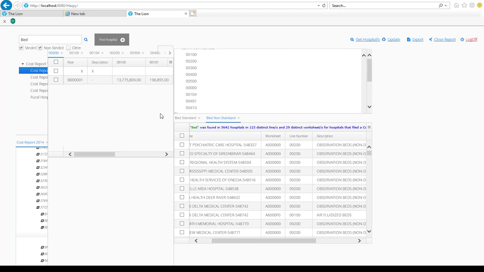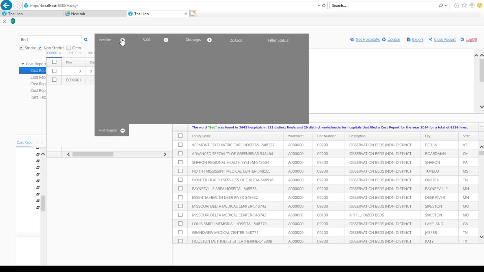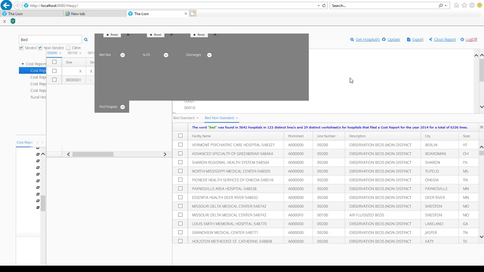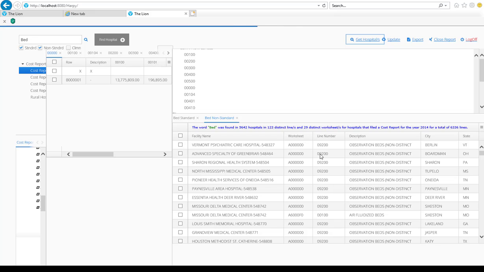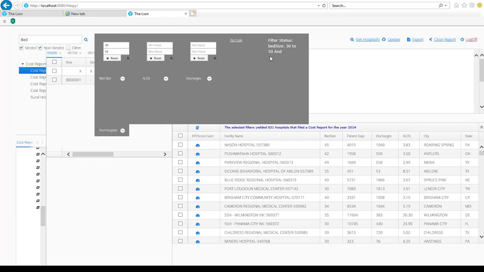There's also another way to search, which is the filtering. The filtering gives you those institutions that fit within a specific set. So let's say I wanted to look at hospital bed size between 30 and 50. You can say 30 and 50, and then simply say, get these hospitals for me, and it will search very quickly, find those, and make them available to you. So when you did that, it said the selected filters yielded 831 hospitals that filed a cost report. So basically, anybody with a bed size of 30 to 50, and you can look over here, status, bed size,